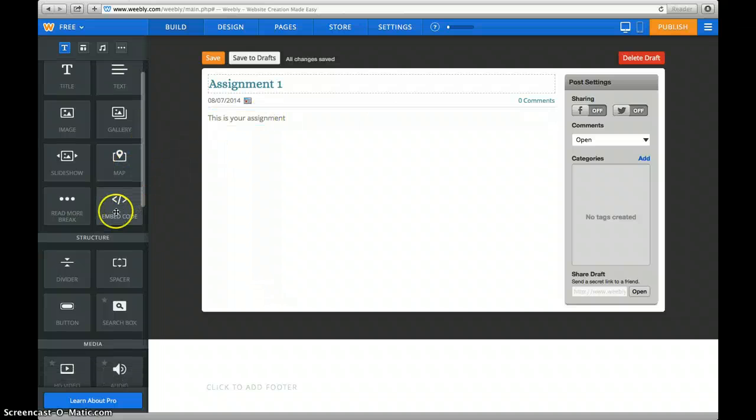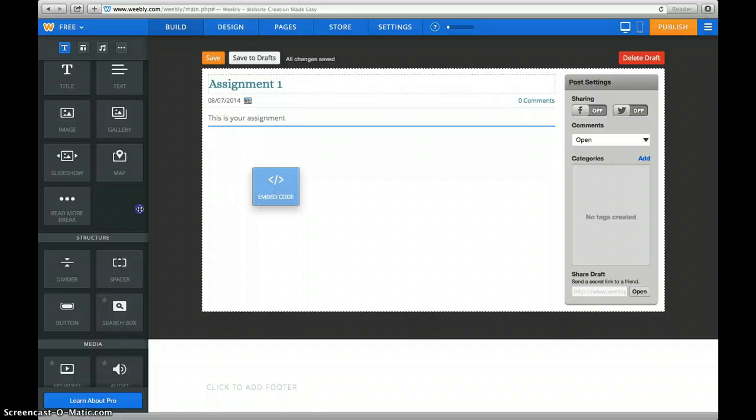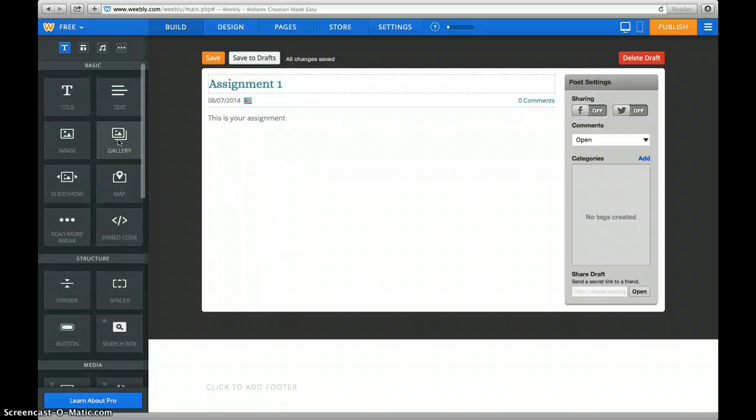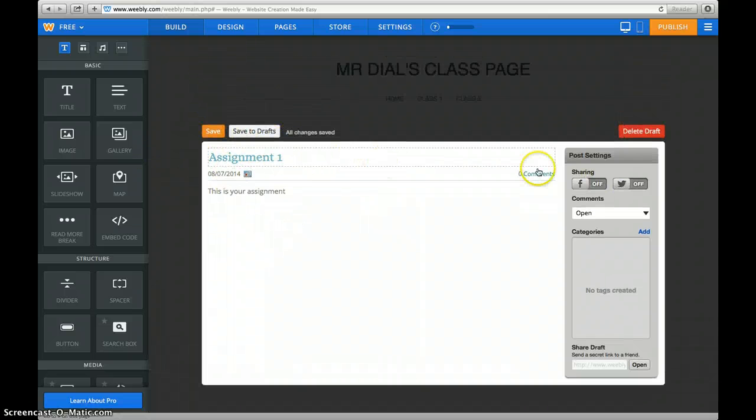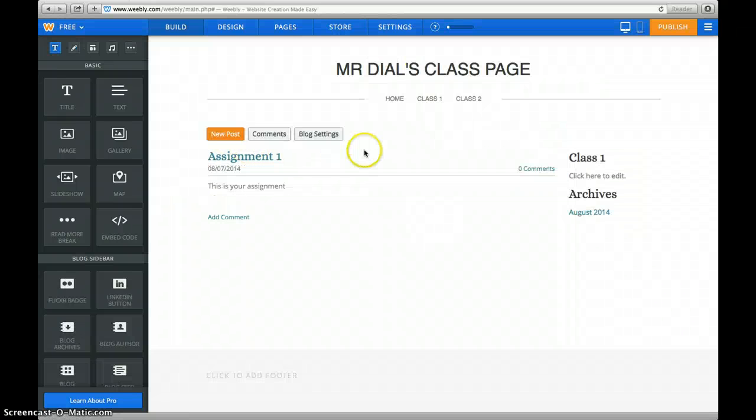But if there's any embed stuff that you want to do, you can drag the embed code over and use the embed code for that and bring it in. As long as that source that the embed code has is not blocked here at school, they should be able to access it just fine here at school. That's, by the way, how I add videos and stuff like you're watching now to it. All right, once you're done, then you notice it says save to drafts. And there it is. Once it's saved,